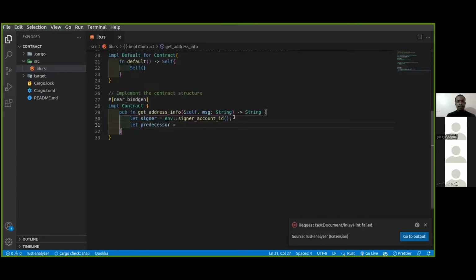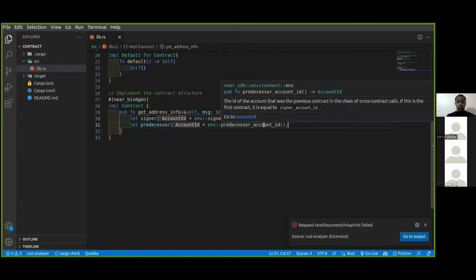So like I said, the signer is whoever initiated that transaction in the first place. The predecessor is the immediate wallet address that is signing a transaction in a smart contract. So again, you're going to use env to get the predecessor_account_id. Hope that is the spelling. Great. And now that we have the two, the signer and the predecessor,